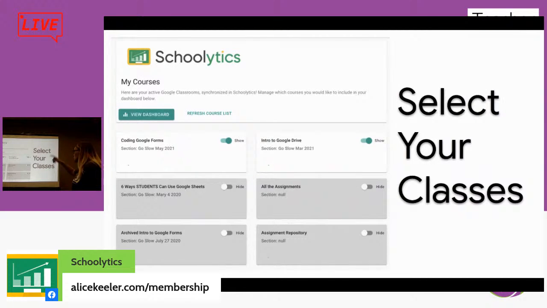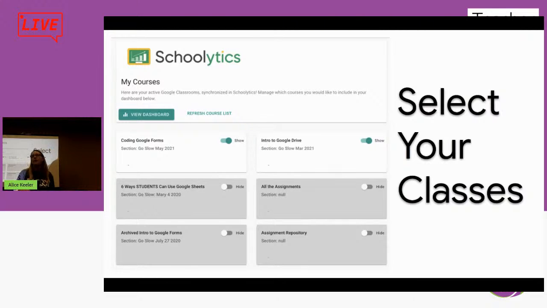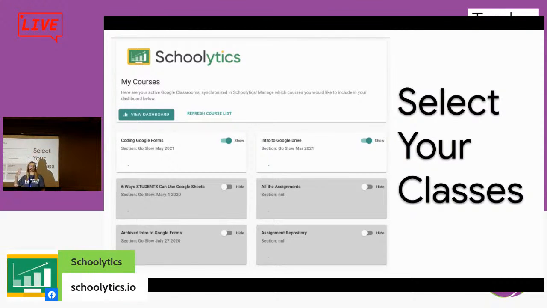It'll allow you to say, oh, these are your classes, and you can toggle them on and off. So I have my Unit 7 geometry and my Unit 8 geometry. I have them both toggled on and all the other ones toggled off. Because I'm the tech coach at my site, the weights coach adds me as a co-teacher. I just don't need to filter through his students when I'm looking for my own Google Classroom data. So you can show and hide, especially if you are a co-teacher, you will really appreciate that.